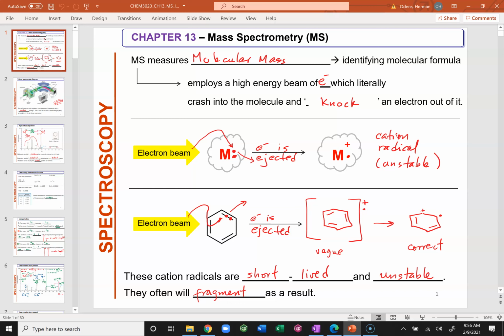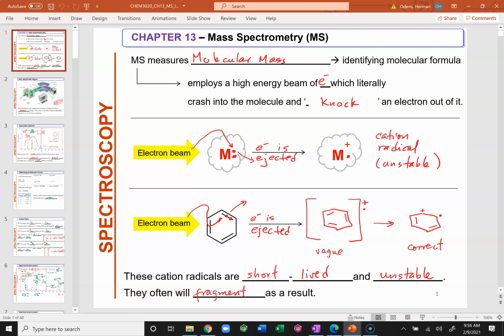All right, so I'm going to knock one electron out from this molecule. The easiest electrons to knock out are your non-bonding ones. So that's the first thing that's going to be knocked out. They are like standing there outside, they're not making any bonds. They're the easiest ones to knock out. So if these are non-bonding electrons,